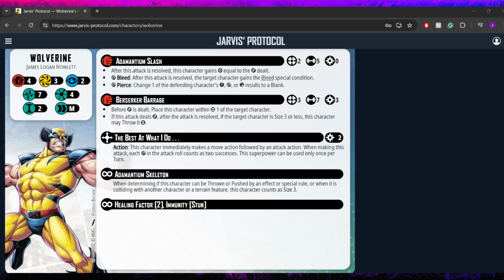That is all he has on his Adamantium Slash, but he does also have his Spender, Berserker Barrage. So this is going to be a range 3 7 dice physical attack. It's going to cost him 3 power, and it has 2 things that happen. So the first one is before damage is dealt, he's going to place himself within 1 of the target character. So great way to get in close is you use the Spender, teleport within range 1, and then you can stab something else with your Adamantium Slash if you want,